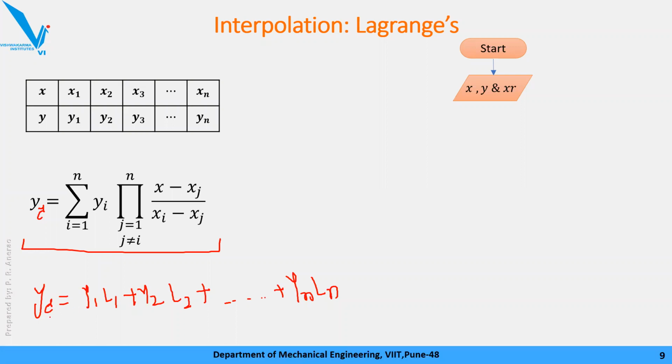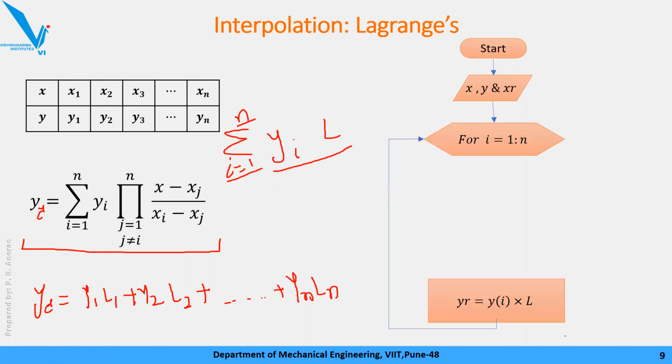Now remember, I am going to have summation of all the y with multiplication of L values, starting from i equal to 1 to n, ठीक है। ये समेशन करने वाले, अभी हमने देखा ये कैसे करेंगे, एक लूप लगाएंगे, for loop which will start from 1 go up to n, and here we will have summation of y into L, ठीक है। So for loop which will do the summation, which will calculate yr equal to y of i into L, ठीक है। L is the multiplication factor, this term, ये थोड़ा complicated दिख रहा है ना, वो term।